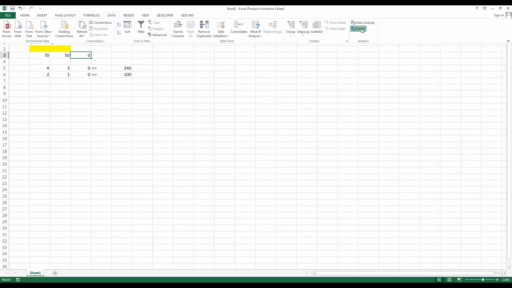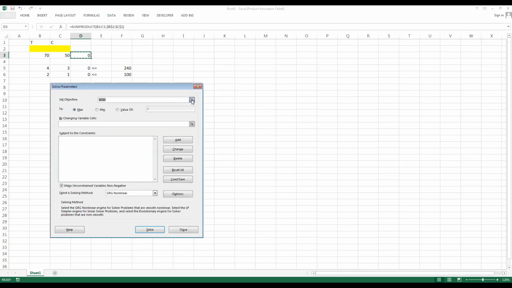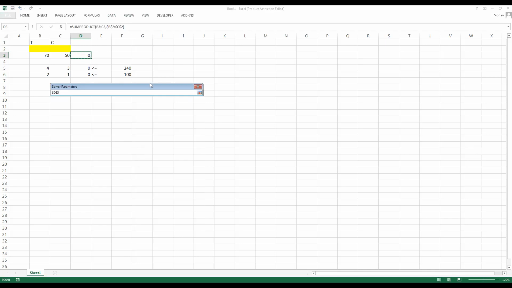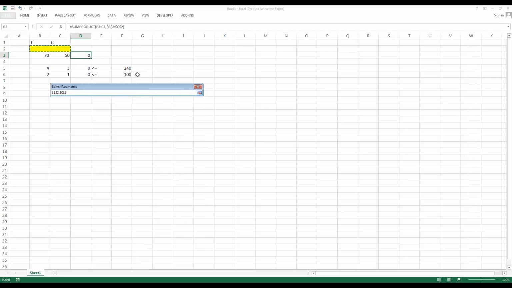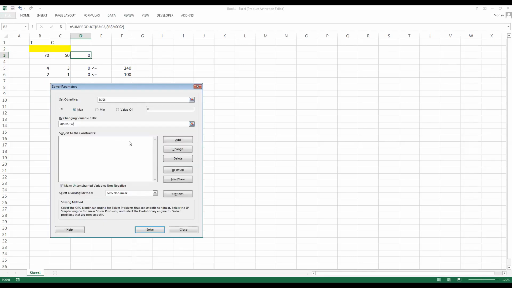All right, so in Solver, we have our objective. We're trying to maximize it in this case, because in this case it's profit. Which cells are we changing? We're changing the highlighted ones, those blanks. And then now the constraints,